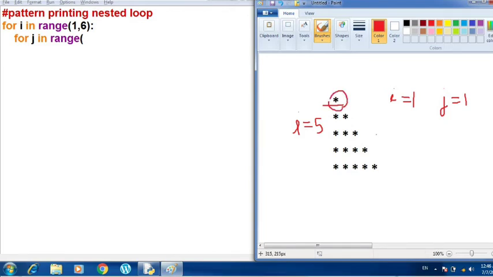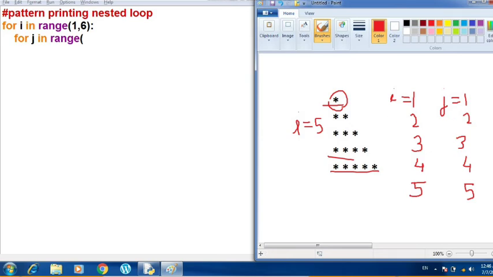When the value of i is 2, the star is printed 2 times. When the value of i is 3, the star is printed 3 times, and when the value of i is 4, it is printed 4 times, and when the value of i is 5, the star is printed 5 times. So the second inner loop will depend totally upon the column. You can see that the column printing goes with the value of the loop variable i.